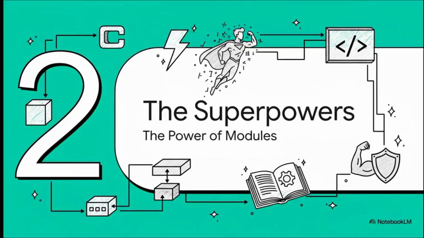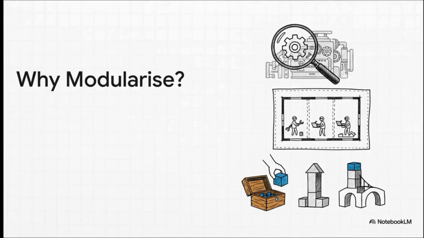Okay, so why do we even bother doing this? Well, it turns out that breaking things down like this gives programmers some serious superpowers. First up is something called abstraction. It just means you can focus on one tiny piece of the puzzle at a time without having to keep the entire massive system in your head. This is also what lets a whole team of programmers work on the same project. It's like a car factory, right? One person works on the engine, another person works on the wheels. They don't need to be experts in each other's jobs, they just need to know how their parts connect.